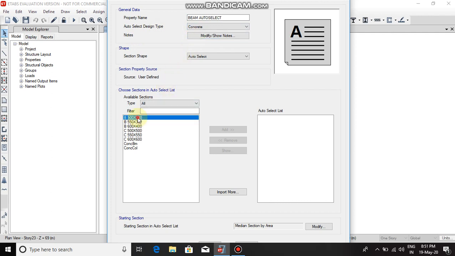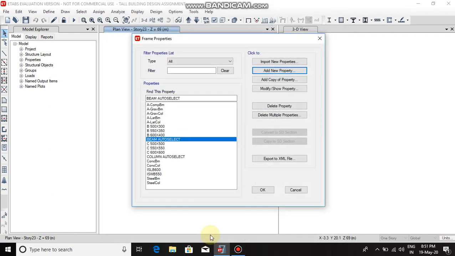And then select these three beams. Click on Add, and then click on OK. Now from this beam auto select or the column auto select, the software will select the suitable section from this auto select option depending on the internal forces.